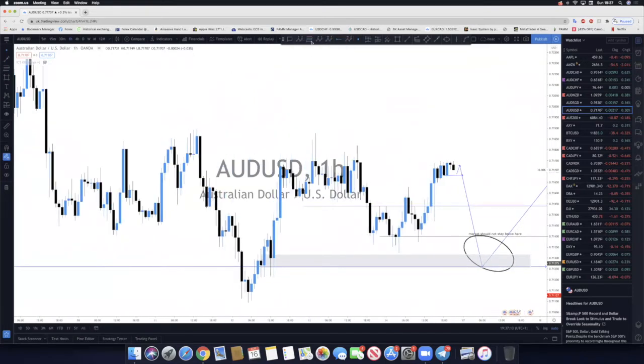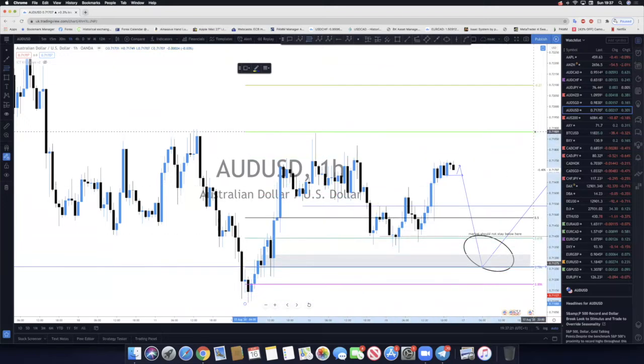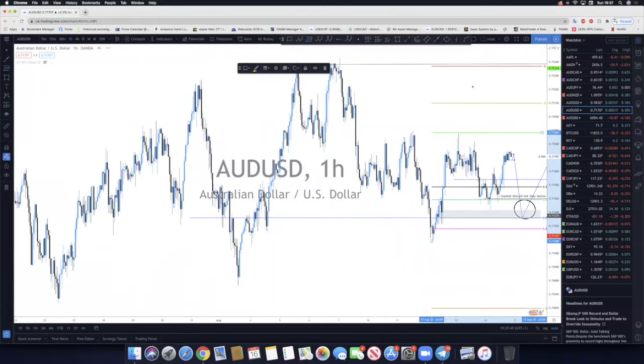Like you guys know the Isaac Magic policy, I'll fib it looking for my 786, 886 magic line, and this is exactly where the market is going to be. I'm not expecting the market to stay here. I'm expecting it to tank down and reverse very, very fast. So this is where I'm looking for my buyers, and this is exactly where I'll be placing my buy limits. Keep your eyes on it and see how far we go. We are going to get this buy, no doubt.